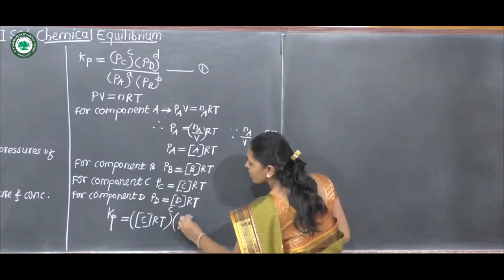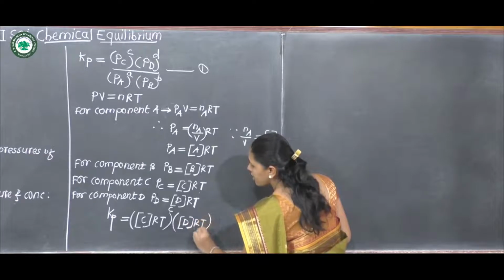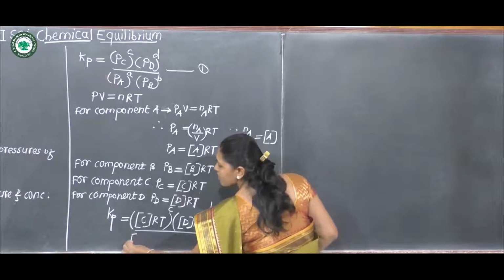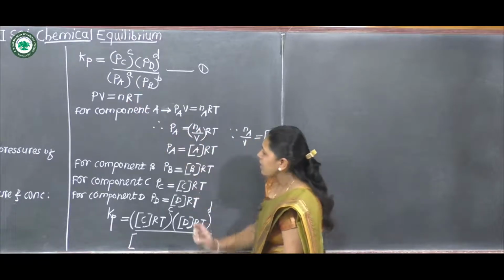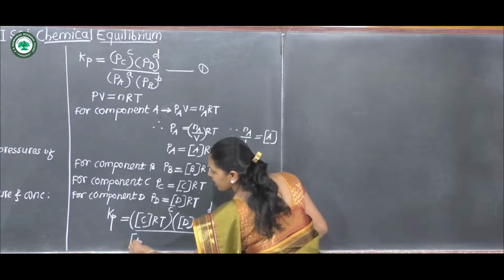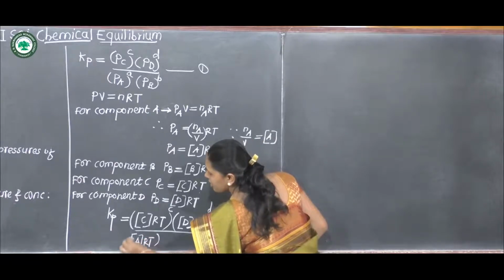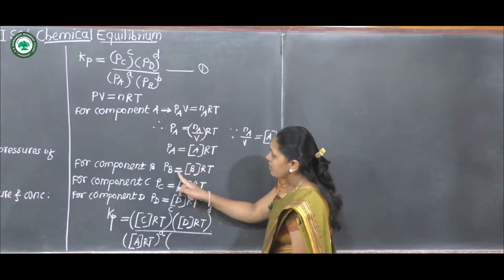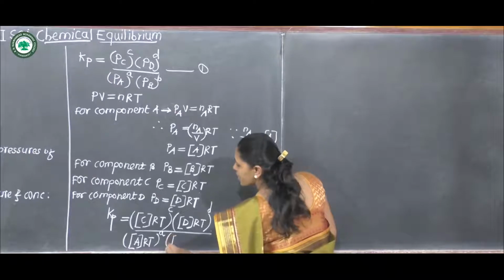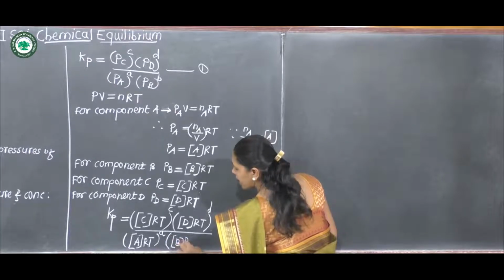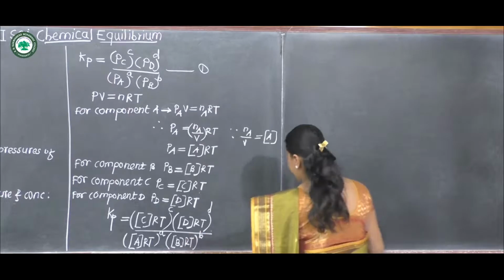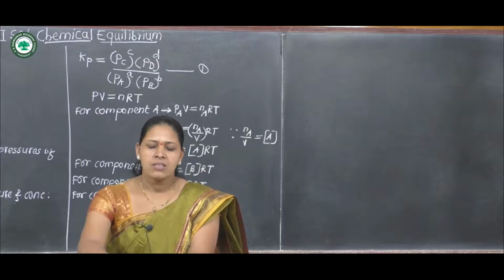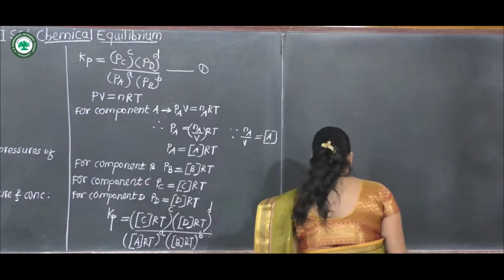Concentration of D into RT raised to power d divided by, PA is equal to concentration of A into RT raised to power a into PB. Value of PB is equal to concentration of B into RT raised to power b. By simplifying this equation, we get